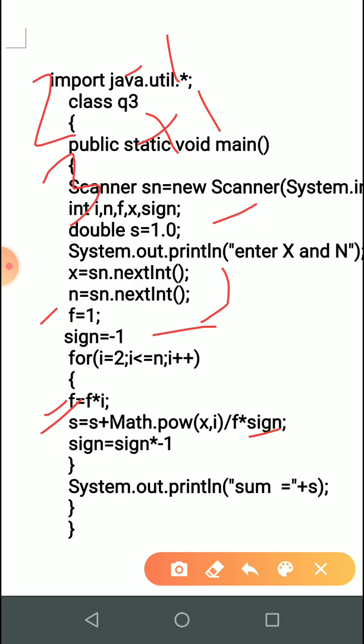Then sign equal to sign into minus 1, sign will become negative once more, and in the next iteration the value of I is 4. So for 4 it will be x to the power 4 upon 4 factorial into minus 1. It is the same logic as the previous one, that's why I have not discussed other things, only how it is changing plus and minus.